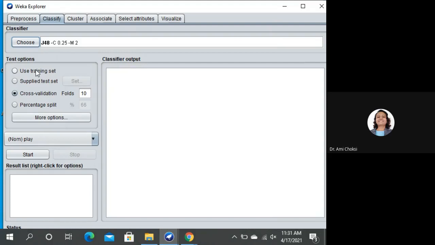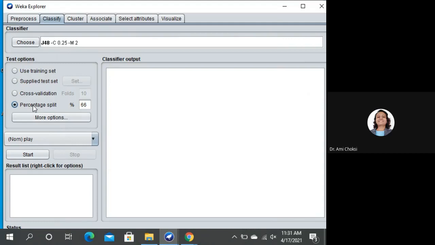Just now, at least, we want to see the way this classifier works and how it gives us the decision tree.